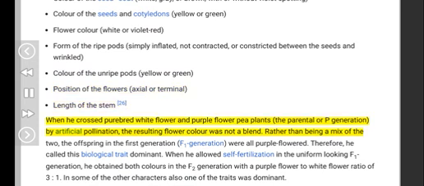Crossed purebred white flower and purple flower pea plants, the parental or P generation, by artificial pollination, the resulting flower color was not a blend. Rather than being a mix of the two, the offspring in the first generation, F1 generation, were